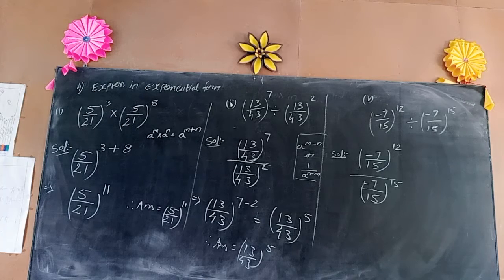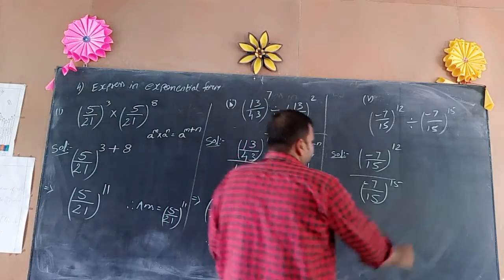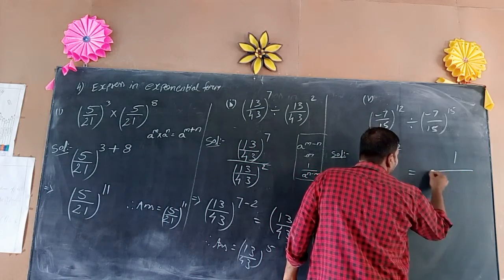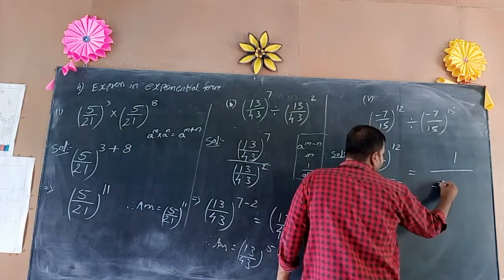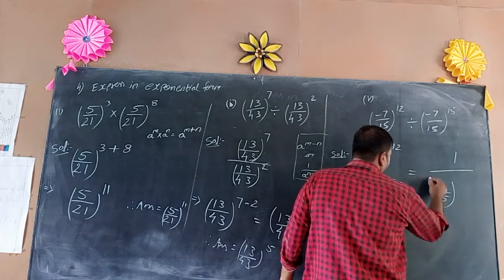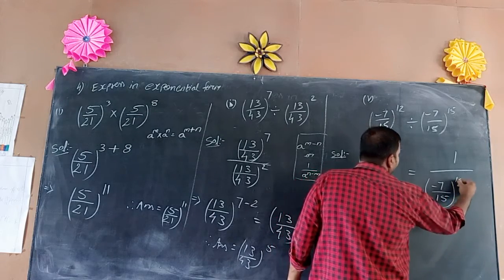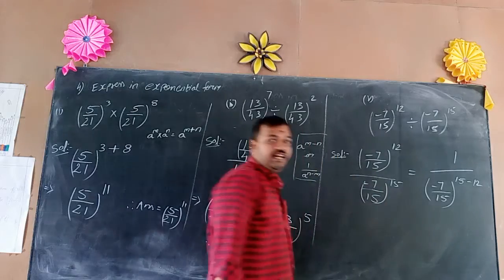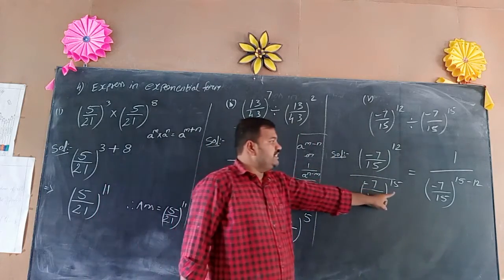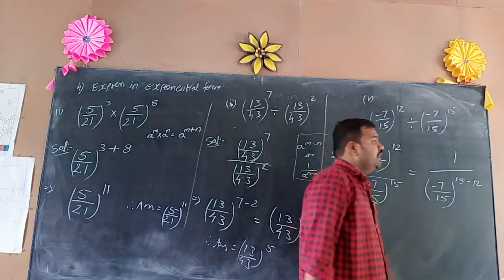In this question, the numerator is having 12, the denominator is having 15. So, the denominator is having the highest power. So, the formula we have to use is 1 by a to the power of n minus m. According to that formula, I am applying it: the denominator we have to subtract. So, 1 by a, here 7 by 50 whole to the power of 15 minus 12. 15 minus 12, because the denominator is having the highest, so 1 by the denominator power you have to subtract.